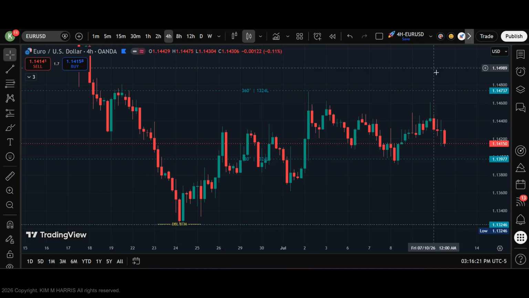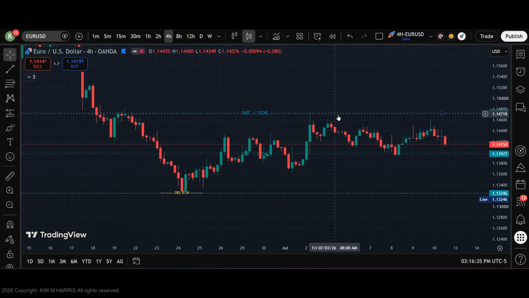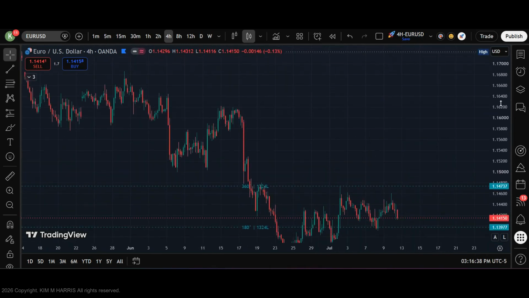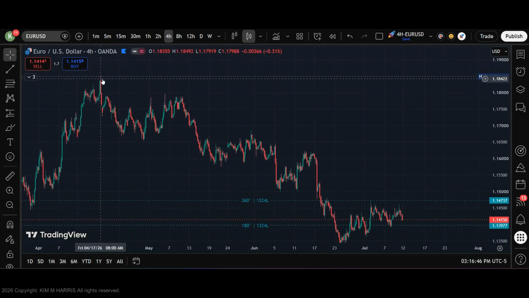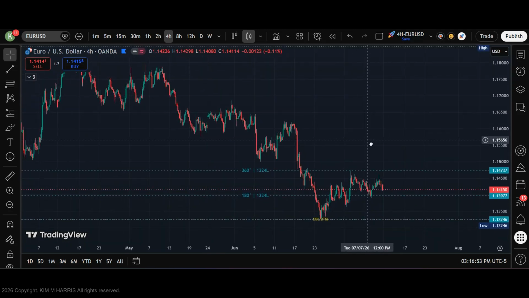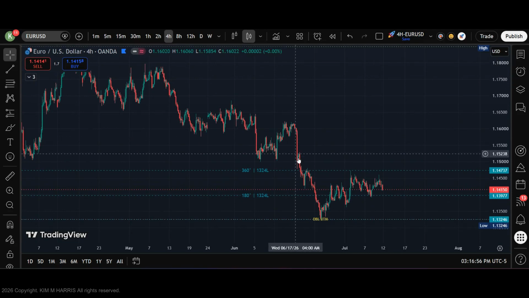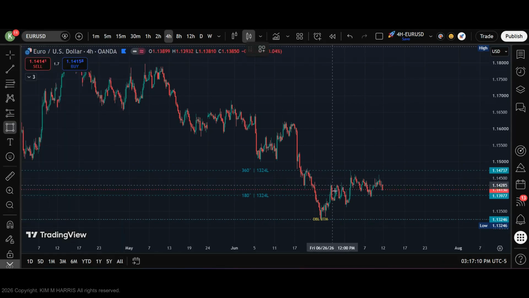We are looking at the 4-hour chart. I always like to look at the larger time frames to see the trends and what's happening with where we are. And on this 4-hour chart, if I just scale it down a little bit, you can see the overall trend is down from this high here back in, let's see, April of 2026. We are still in a downward trajectory. We had a big slide down here, and now we are in what looks to me to be a little bit of a consolidation for this. I could be wrong about that, but this looks to me like it's in